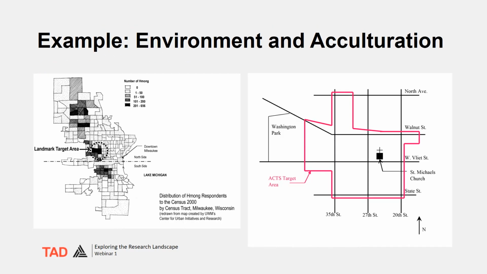An example from my own human-centered research sought to understand how the environment in Milwaukee, Wisconsin supported acculturation of Hmong refugees from Southeast Asia, a vulnerable group living in particular neighborhoods and housing in the city, and how those environments might be more supportive. This was a mixed quantitative and qualitative study. This map illustrates how I used geocoded U.S. Census data to identify areas where Hmong immigrants clustered.